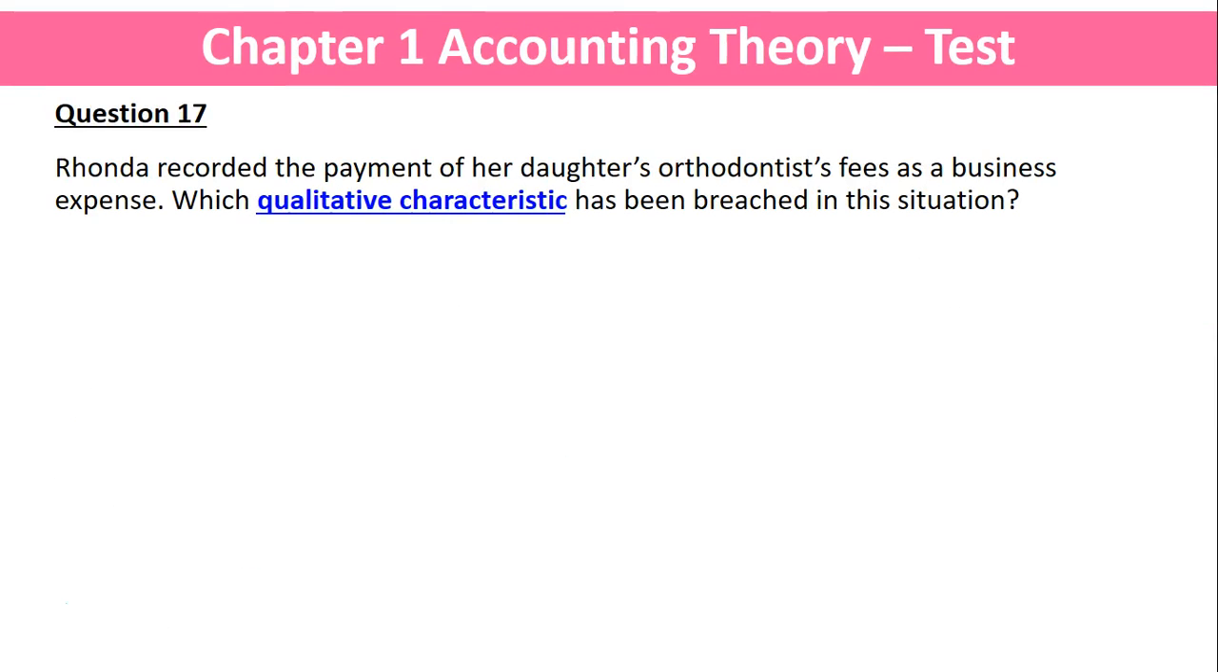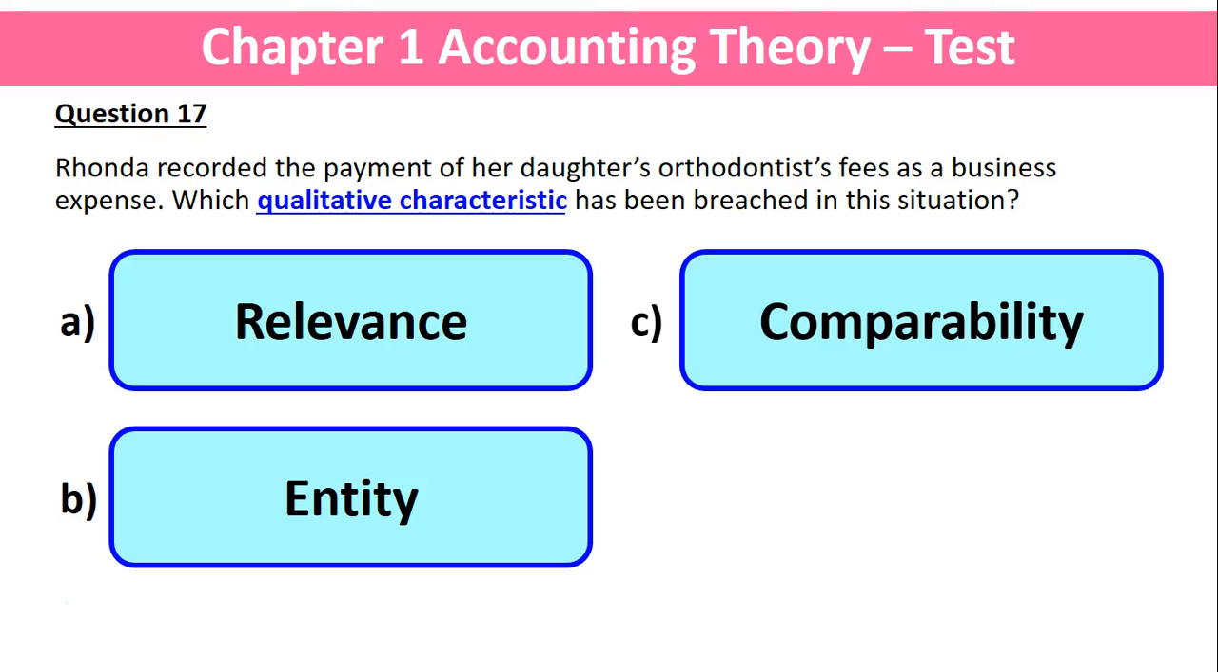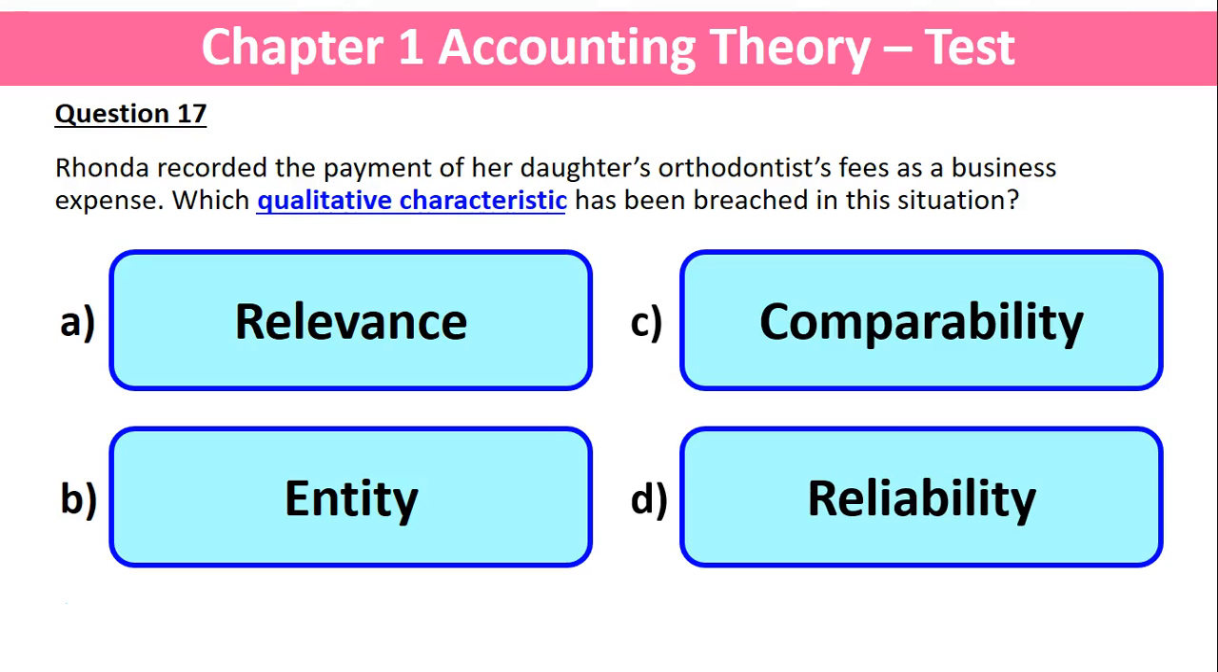Question 17. Rhonda is a business owner and she has recorded the payment of her daughter's orthodontist fees as a business expense. Which qualitative characteristic has been breached in this situation? A. Relevance, B. Entity, C. Comparability, or D. Reliability. The issue here is whether a personal expense for your daughter should be included as a